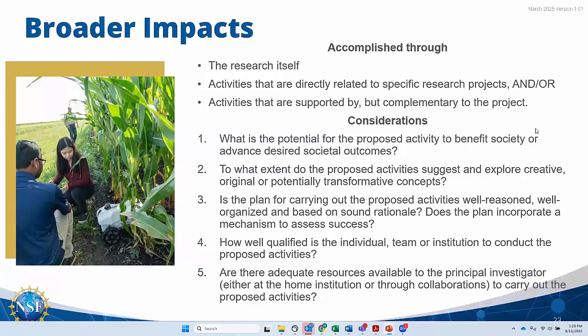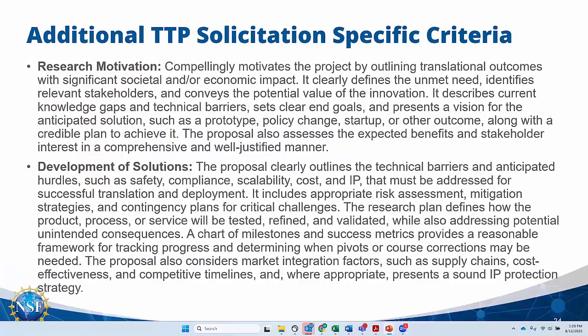Now, on top of that, there is solicitation specific review criteria, which is TTP specific review criteria, which is motivated by identifying an unmet need that has significant societal or economic impact. And then how would you take it through the technical barriers, the different goals, milestones, and is there a realistic vision for the solution, which can be a prototype, maybe a policy change, or the expected outcome can be a startup itself.